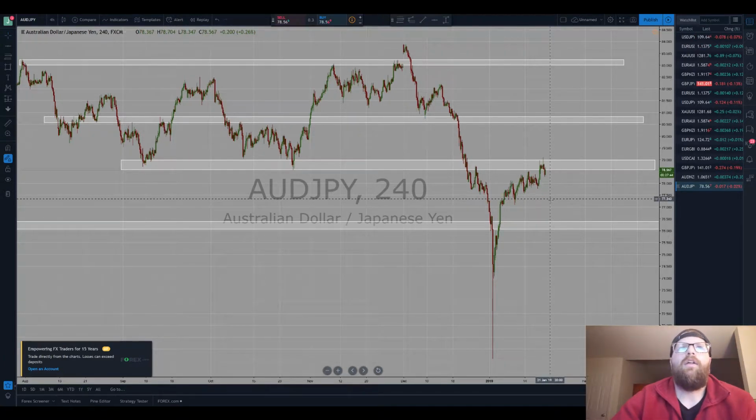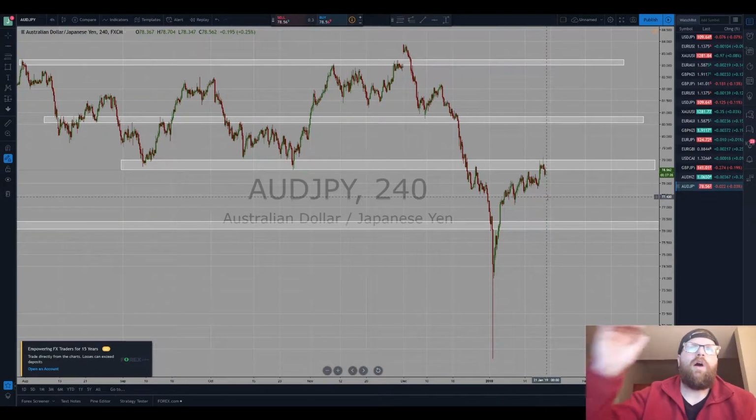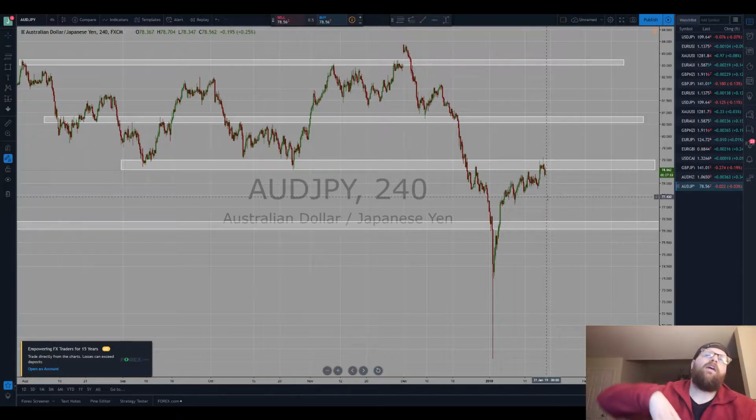This really helps with that. I much prefer to use zones and trade with zones than I do with support and resistance levels. However, support and resistance levels do have their place. If you have an example where price continuously hits one small area, continues to retest and retest and retest that, again, a very small area, then go ahead and use